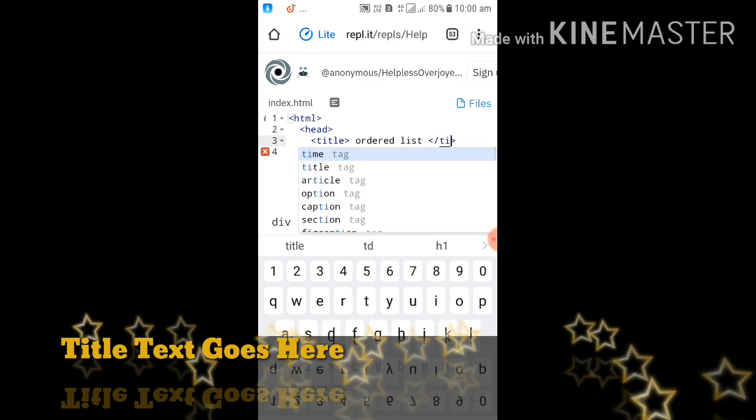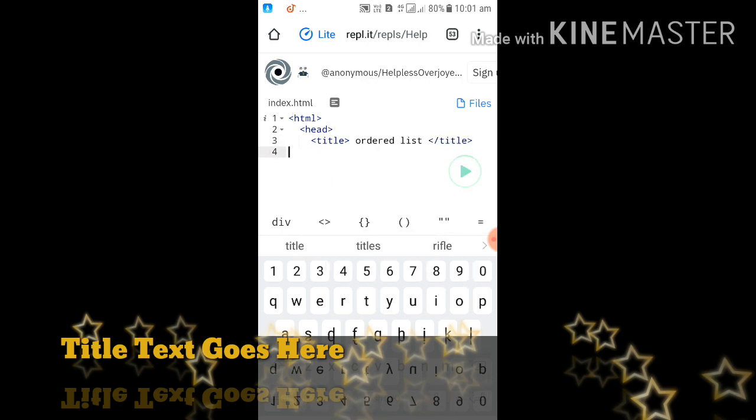So title. Okay, I have written the title, and we have to close the title also. Then we have to write the background color. Okay, so I have written body.